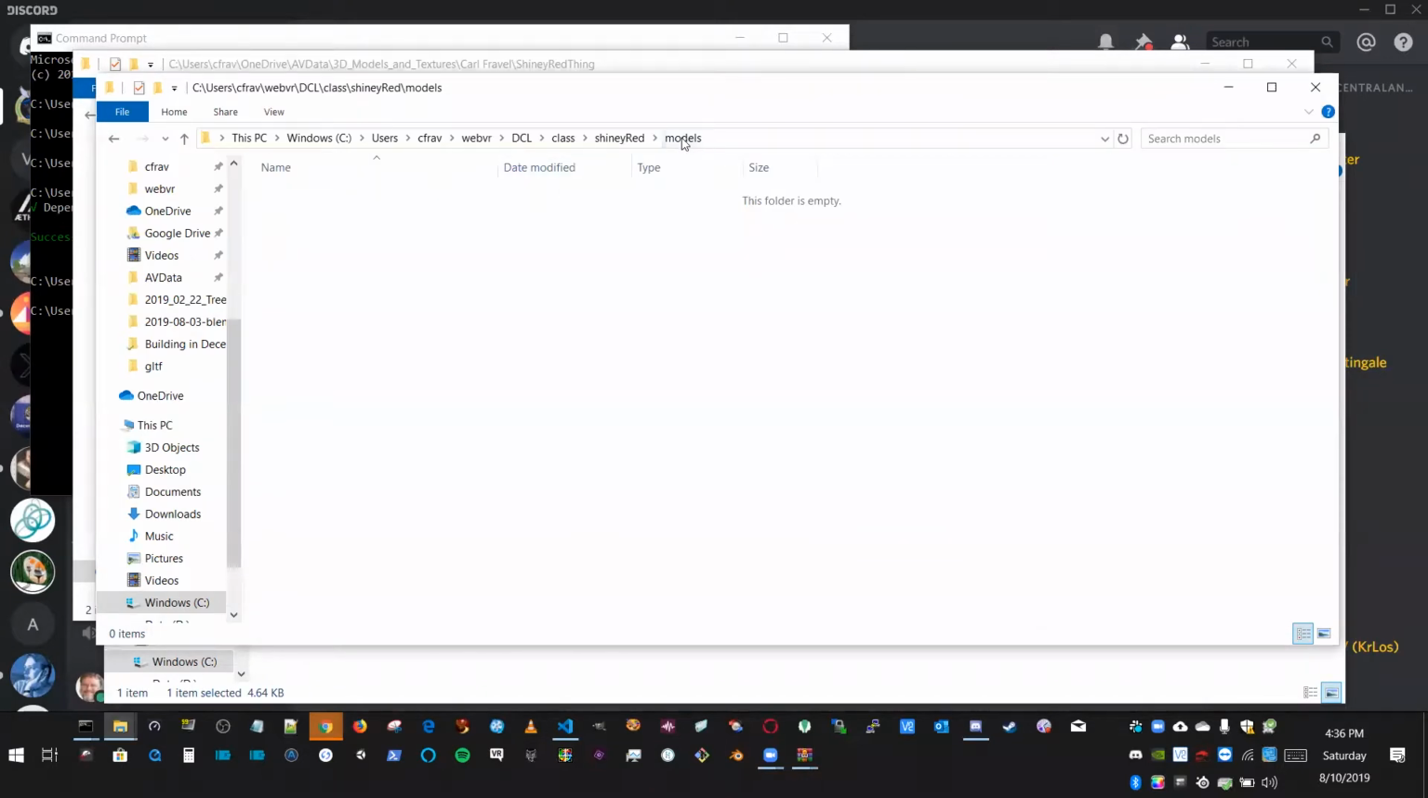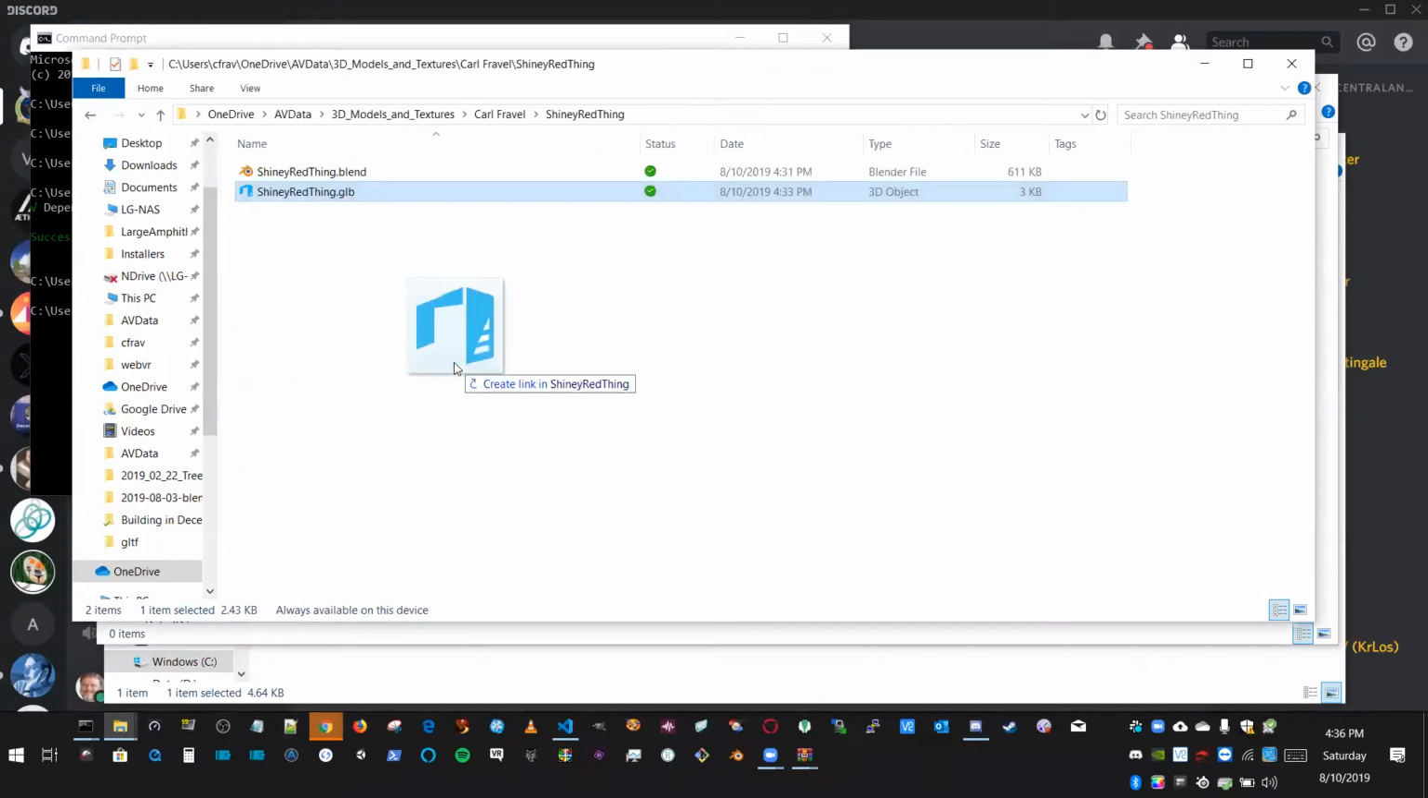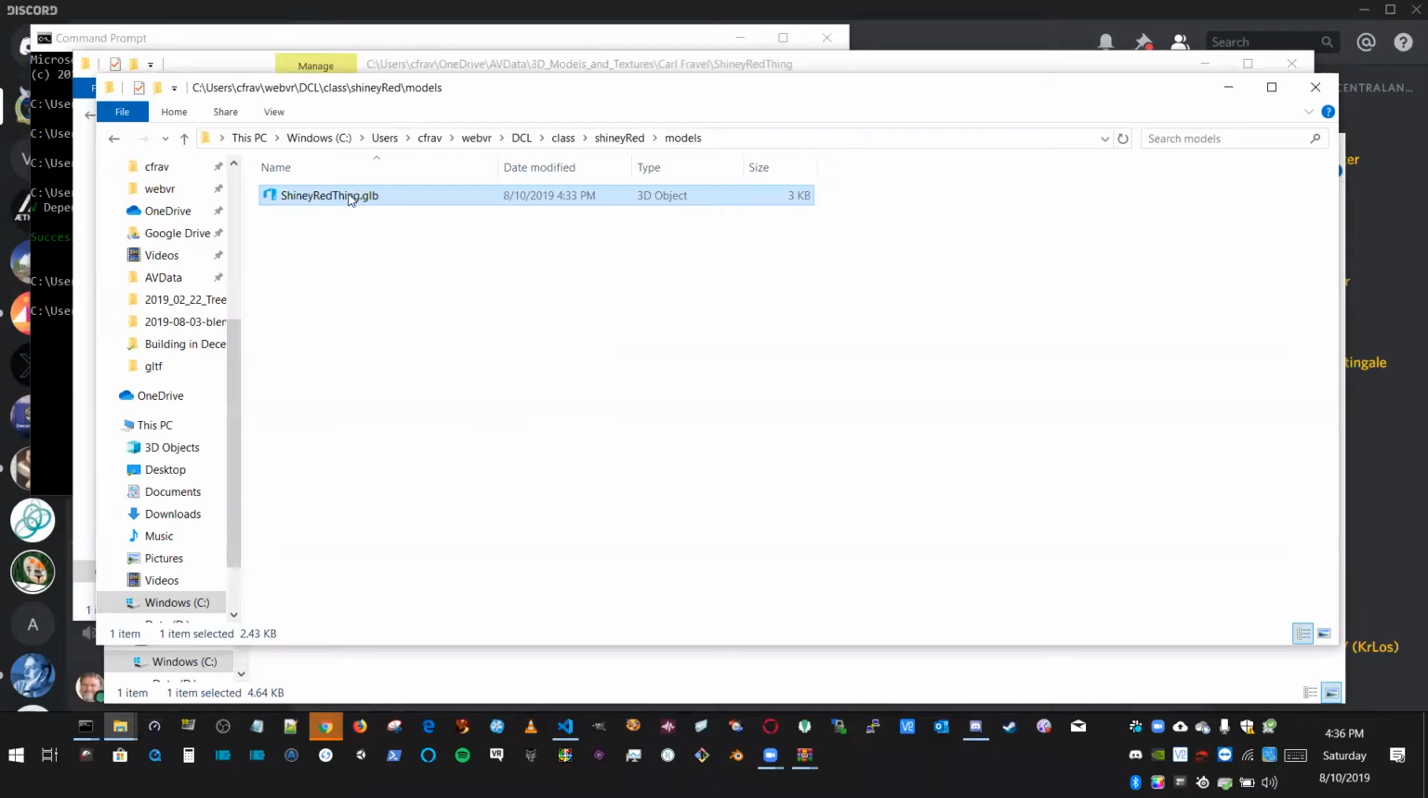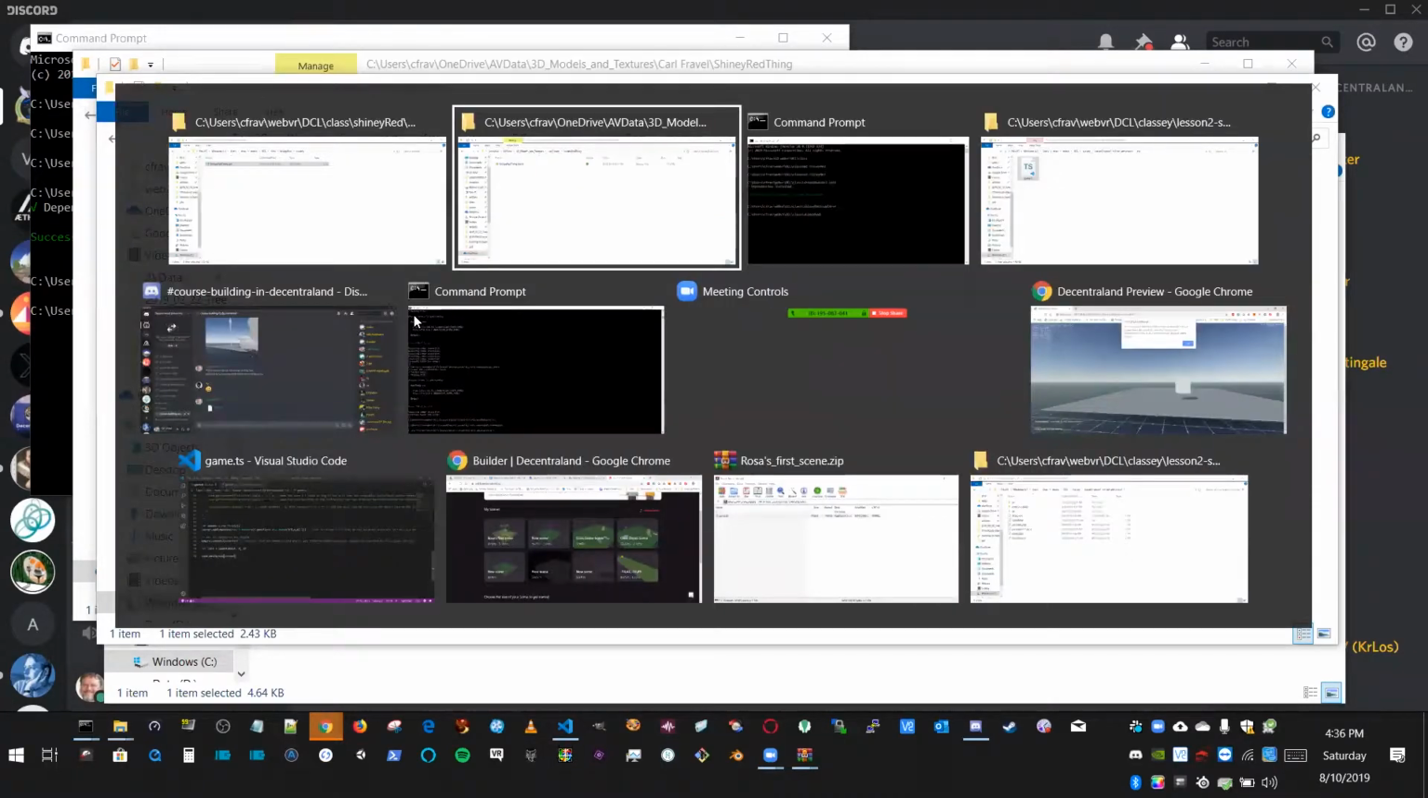I want to put this into this models directory here, so I click it and drag it into my models directory. And I don't want to have to remember how this thing is spelled, so I'm going to click on it to get it into rename mode. Control-A to get the whole thing. Control-C to get the name of the file into my clipboard. Then I'm going to go back to